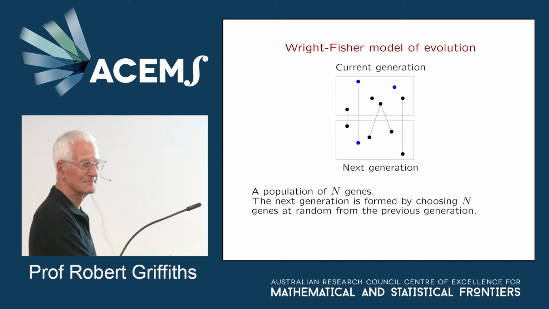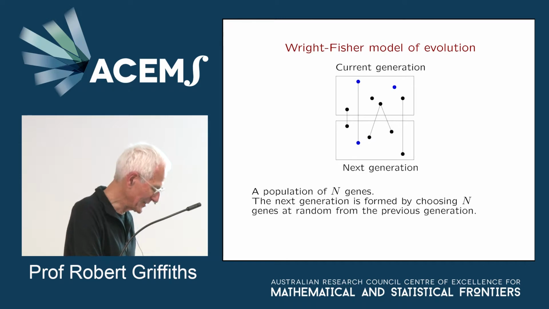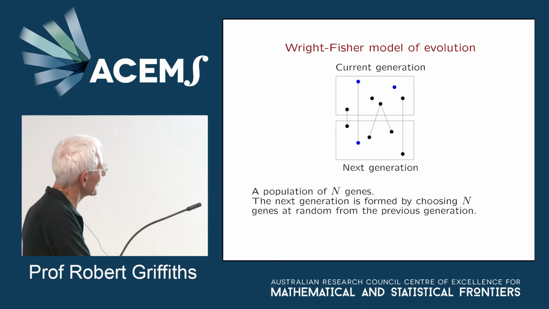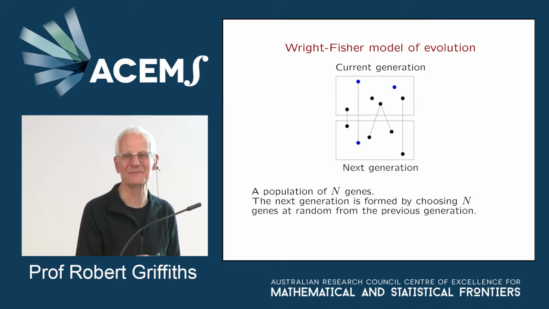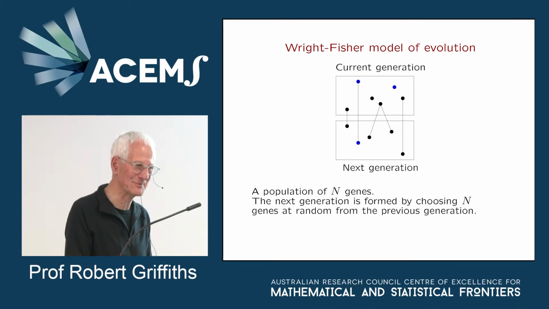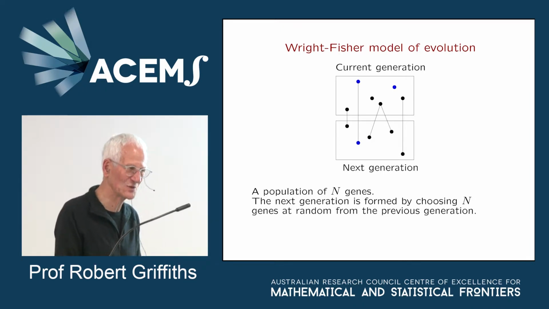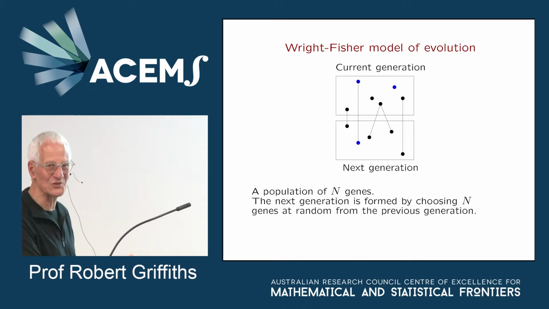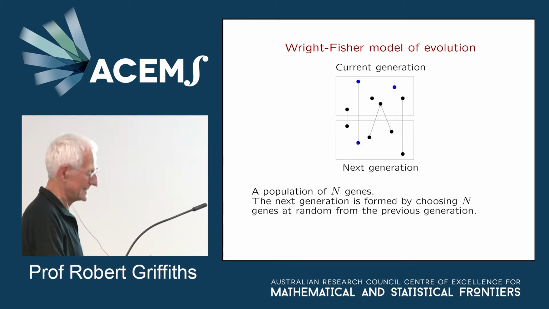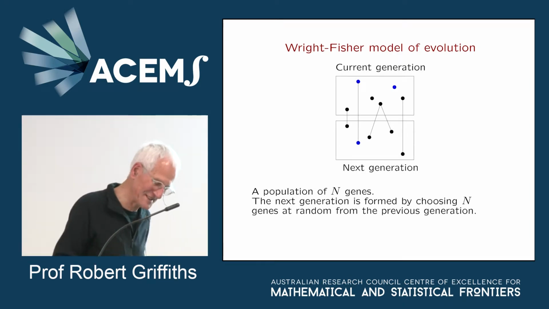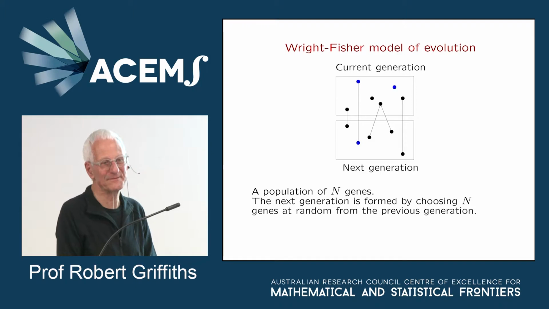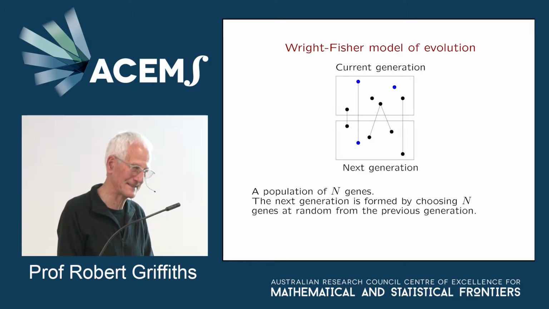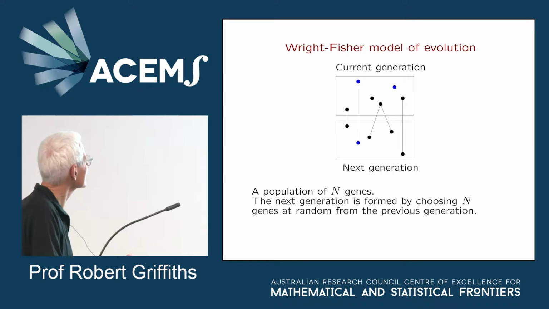This is the Wright-Fisher model of evolution, which was studied by Wright and Fisher. It's a very, very important model of evolution, and I'll try and describe this to you, and if you can, try and keep this in your heads, because it's a fairly simple model, and it also is important in what follows. It's a very important model in genetics. So it looks simple, it's a good model. So models, mathematical models in general, are good if they're simple, and they have some features that really describe data, I think.